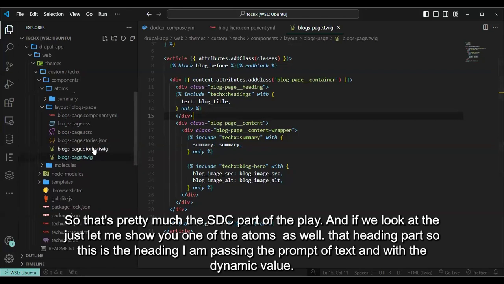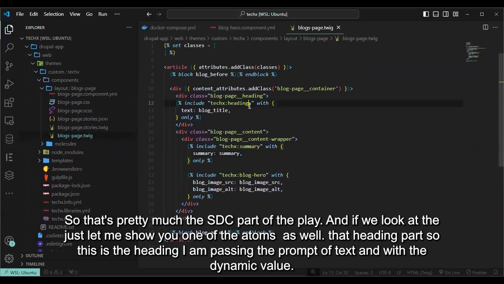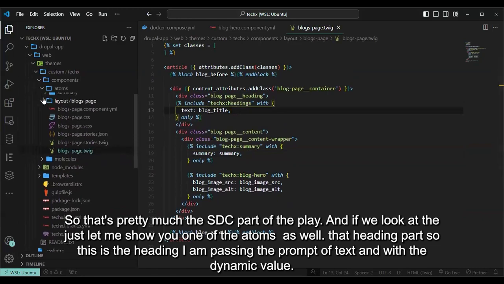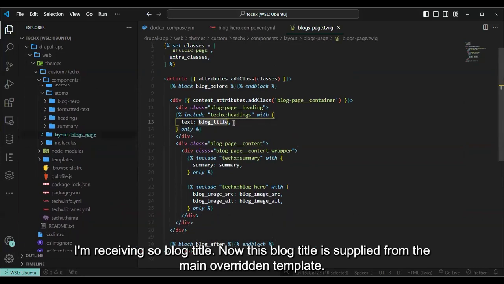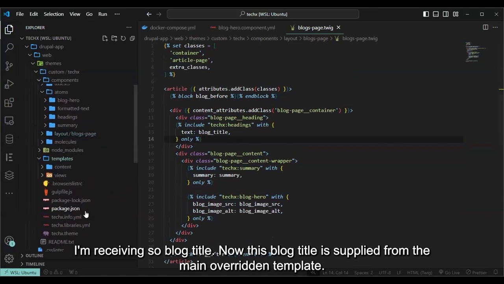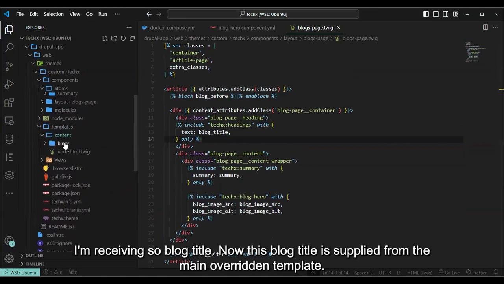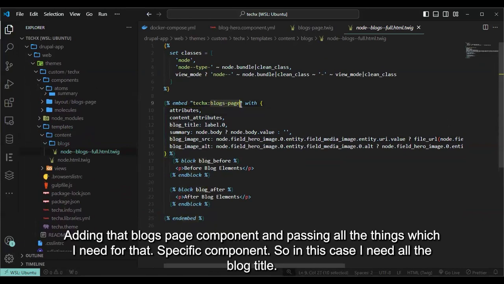And if we look at, just a minute, let me show you one of the atoms as well. So that heading part, this is the heading. I'm passing the prop of text, and with the dynamic value I'm receiving, block title. Now this block title is supplied from the main overridden template. So in this case, our node blocks, and this is where I'm using the embed, and I'm adding that blocks